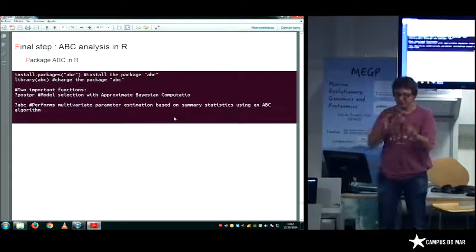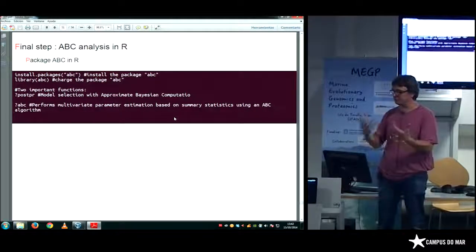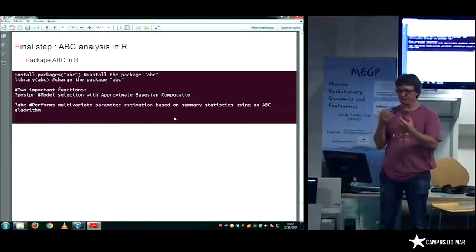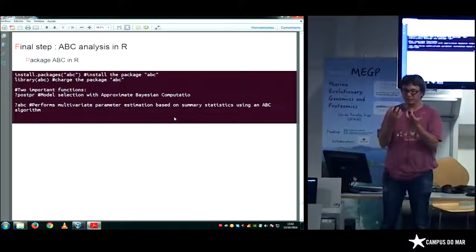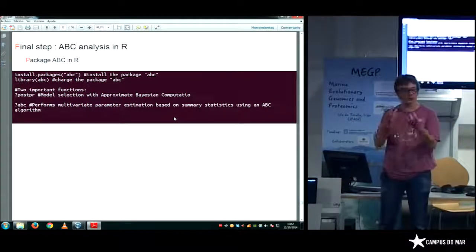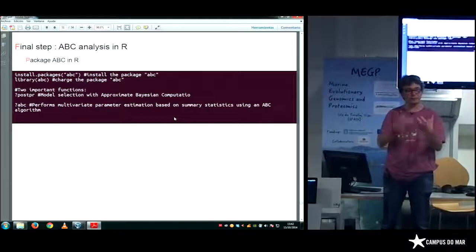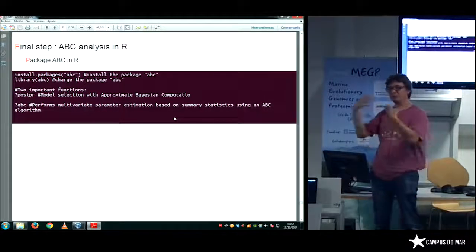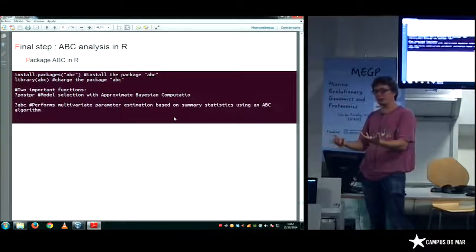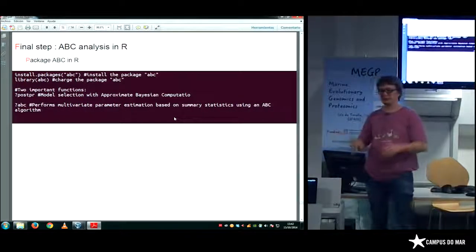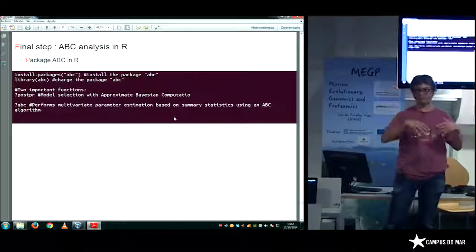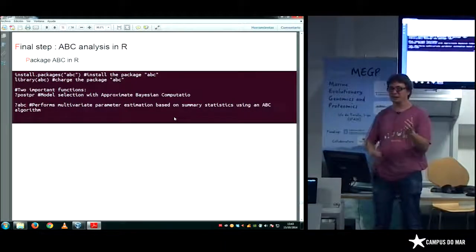In any case, it's very important that you make this effort because you need to know your model. You need to know what the change in a parameter has as a consequence in your analysis. You cannot say, oh, I test this model against this model.